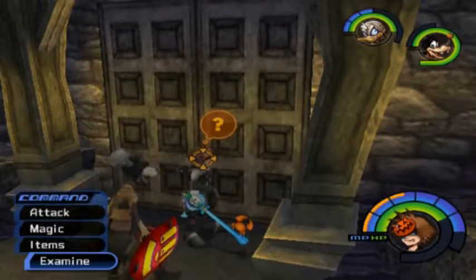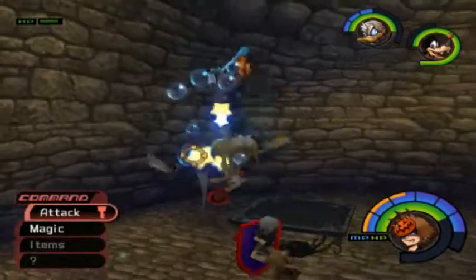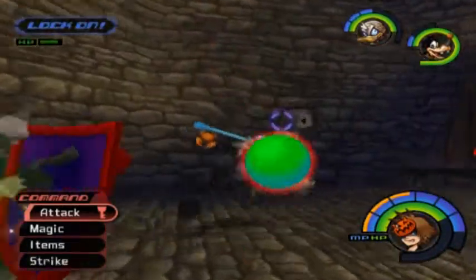Inside this box is an ether. And let's see what's behind door number 1. Two search ghosts. Not exactly rewarding, but...